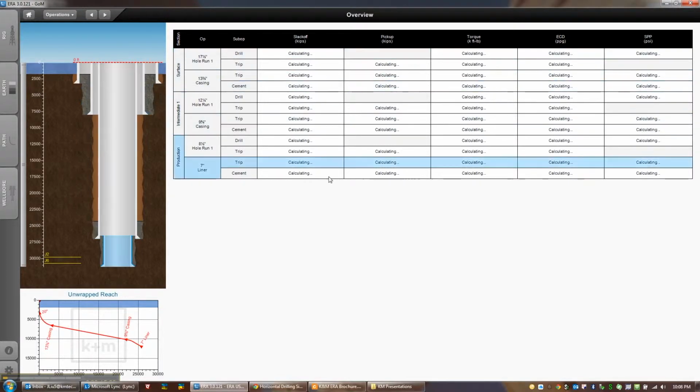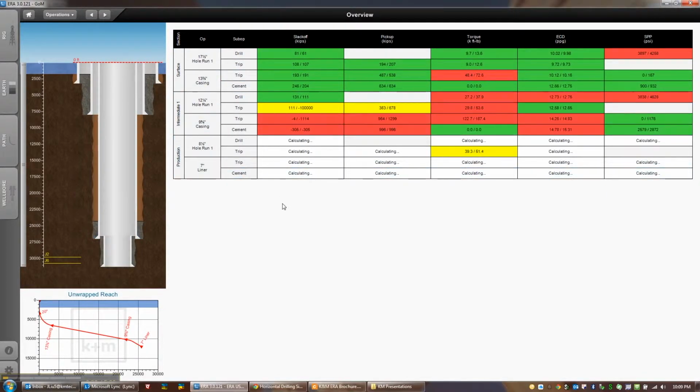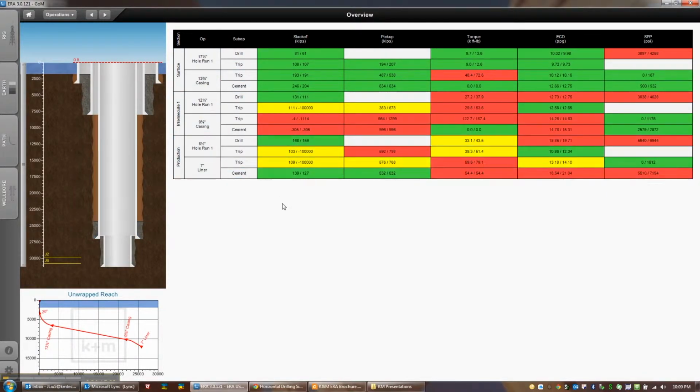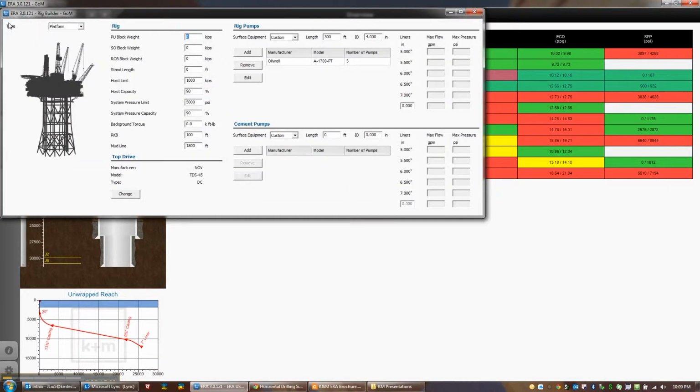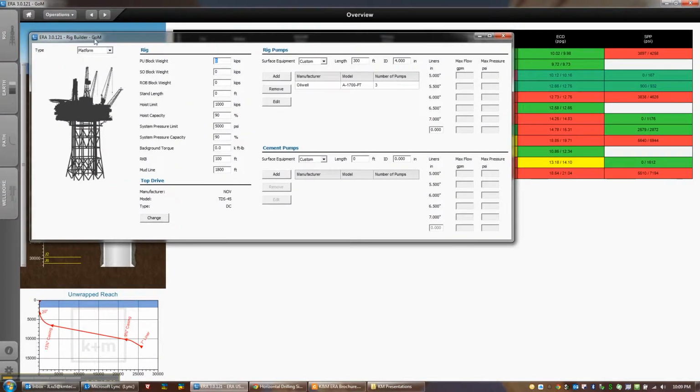When it comes to usability, it is clear from the home screen that the new graphic user interface provides a consolidated single glance of your well design to provide immediate feedback of your design criteria versus all drilling limits. The intuitive green, yellow, and red indicators draw your attention to the showstoppers, which is making sure all parameters are